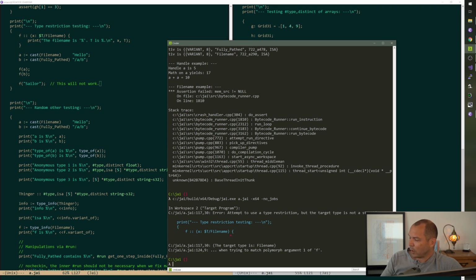So maybe we check for equal brackets or bracket equal. If we don't find that, we check for star brackets. And if we don't find that, we check for something like that. Bracket star sounds like references. No, it's not like references because it doesn't pollute the type system by adding a new thing called a reference.